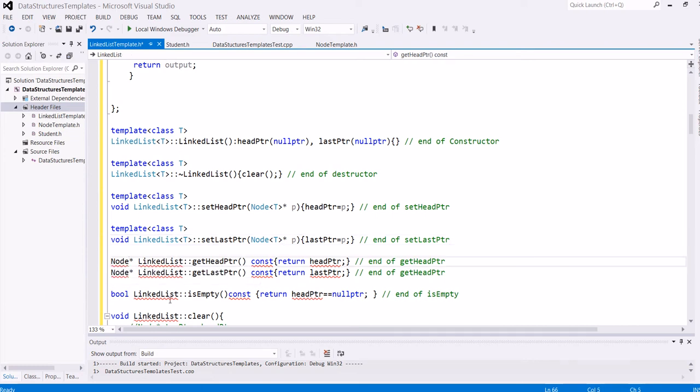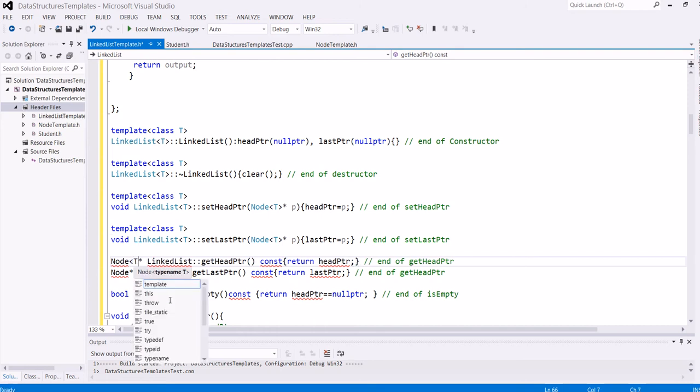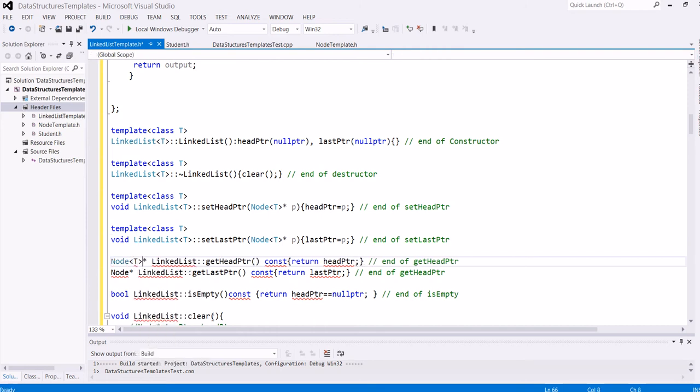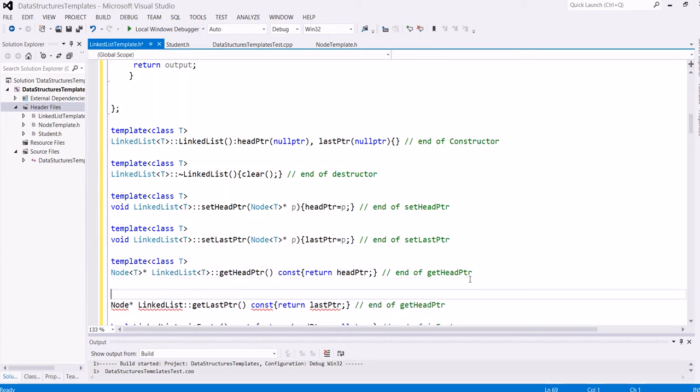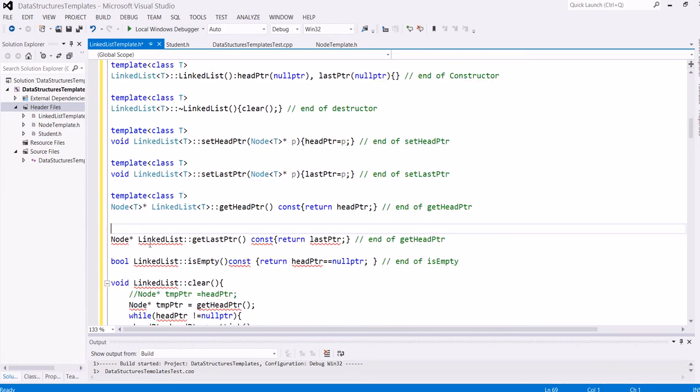So here also we need some sort of T, and here also we need some sort of T, and it is returning, and we need to put here this one. Okay, so we are now making generic functions. So for a generic function, its type should be T,